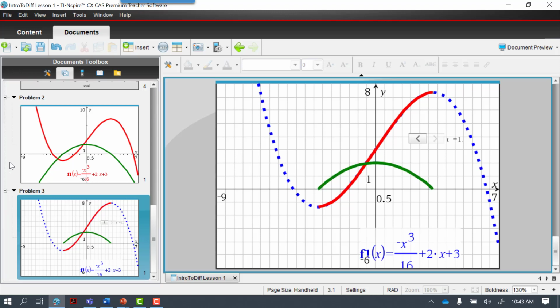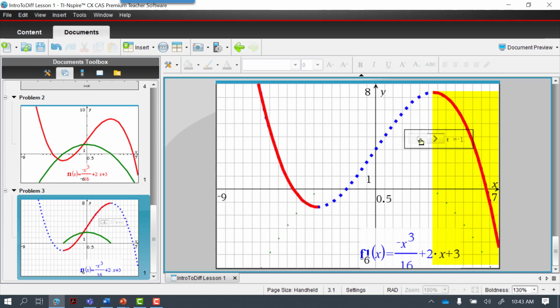So if you look at this, I have got my original function there, which is that blue curve there, and I've only taken the section where the gradient is positive. So the gradient from there to there is positive, and I can see that it is above the x-axis there. That's my gradient curve, and then if I change it to negative, that there is the section where the gradient is negative, and that green curve over there represents the derivative curve for there.